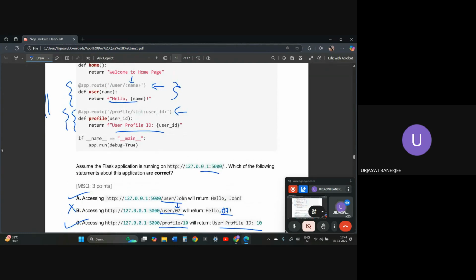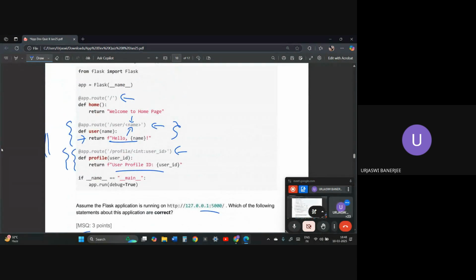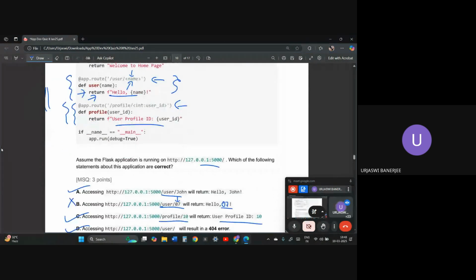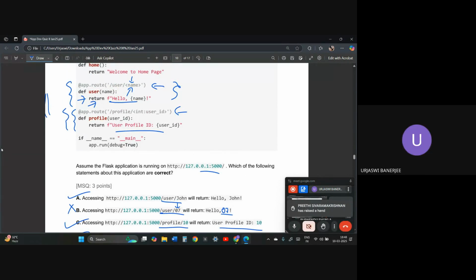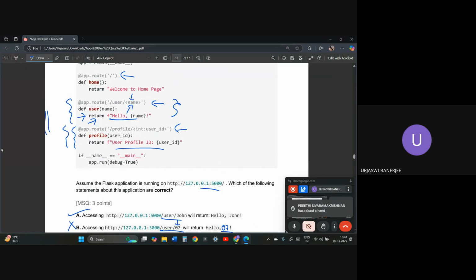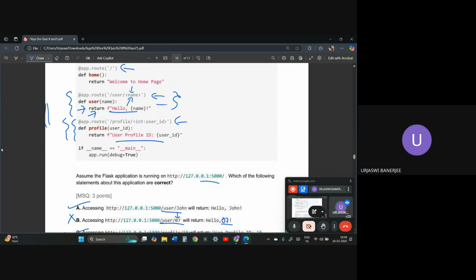Since the name is used inside the function as well as in the route, this will result in a 404 error, since the function is not able to return any statement. Is this question clear? Ma'am, can you repeat the last option? Yes, I will. Since we are passing slash user slash, and we are entering this user block.